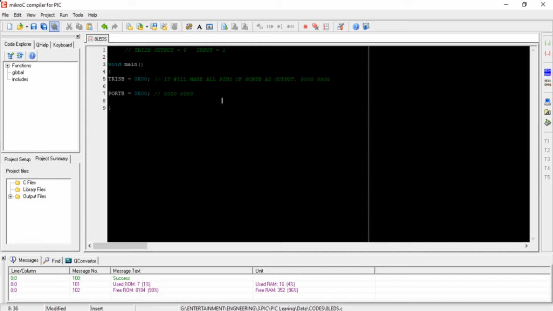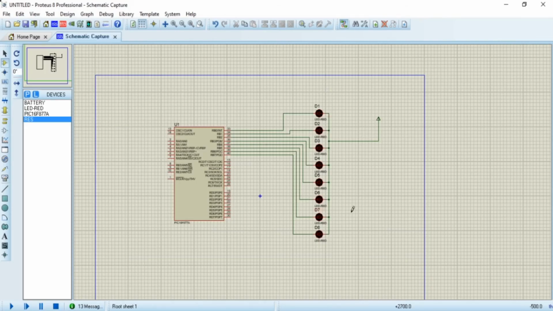00 on all pins. First thing, keep in mind, when we are dealing with digital devices, we can provide two types of data: either 0 or 1. Right now we are providing 00 on all pins. Let us take a look at our circuit. So in our circuit,